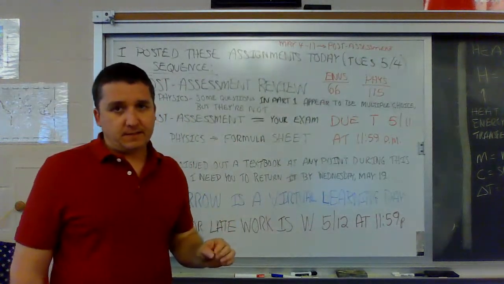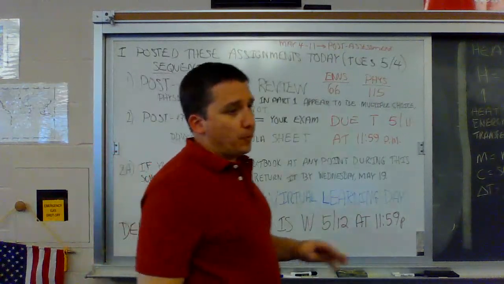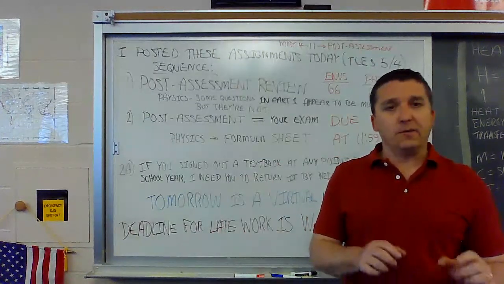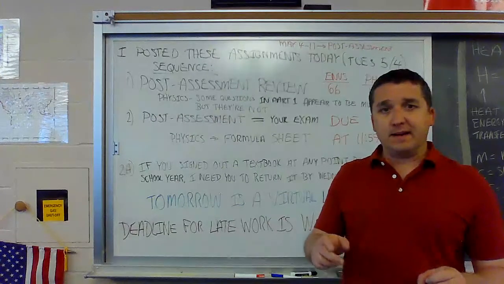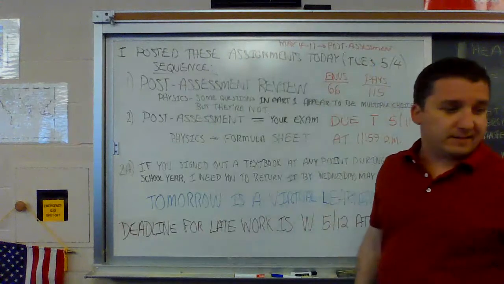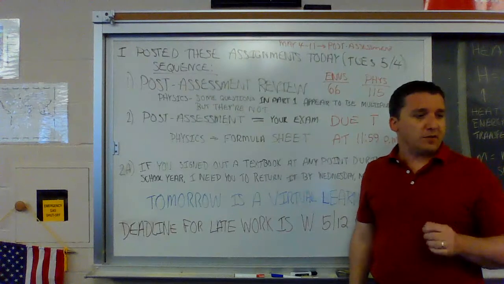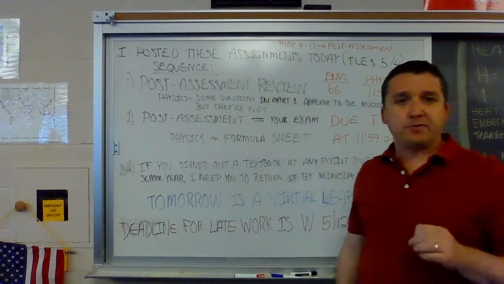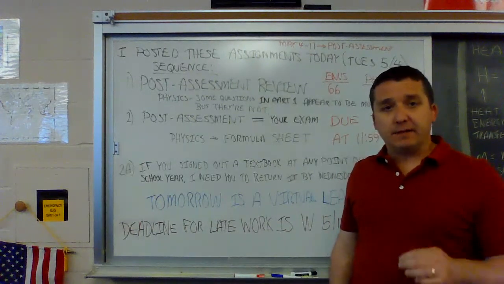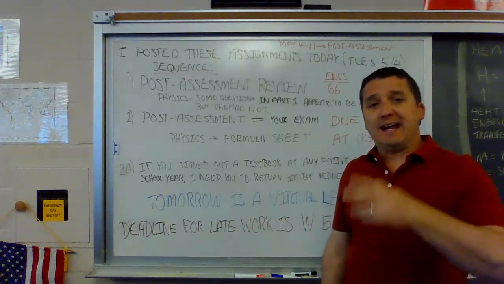Now, for physics, you have a formula sheet. Let me just back up for a second. For both classes, your topic in Google Classroom is called May 4th through the 11th. It has an arrow and says post-assessment, like what I wrote here, only that's not very good handwriting. It's typed much neater on Google Classroom. So for physics, you're going to have two things there: the post-assessment review and the post-assessment formula document. Use that document when you're taking the post-assessment itself, because that has all the formulas you need.